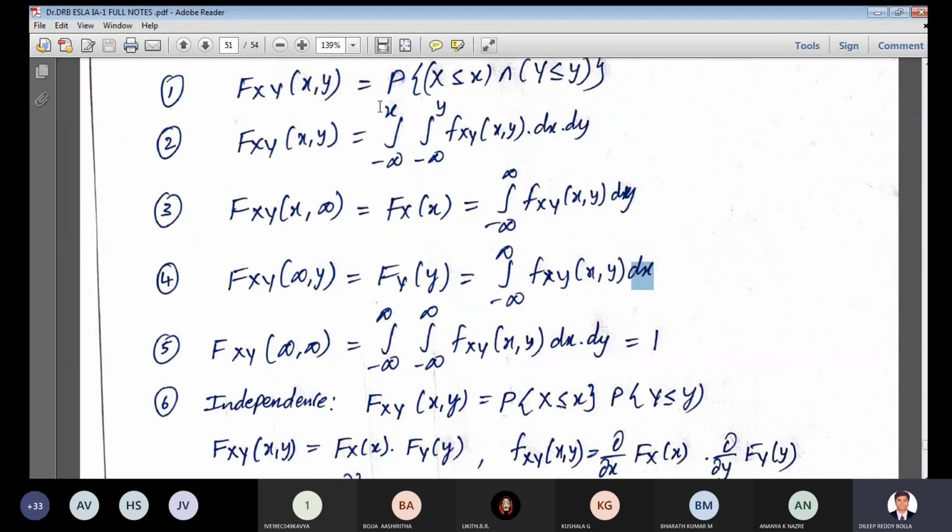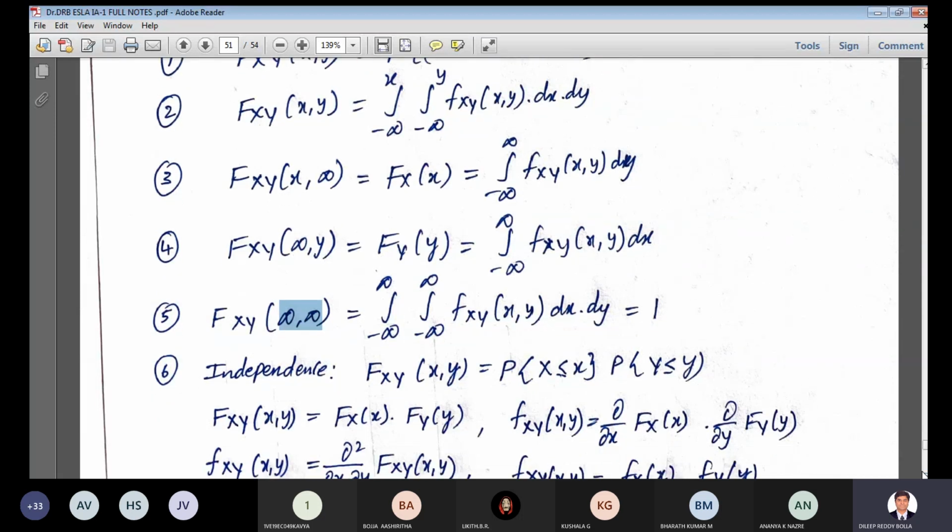Okay, and now both are infinite. Then the limit is the same thing here. Replace this x by infinity. Here you can see the same formula, where x and y are infinite, so replace them by infinity here. It becomes minus infinity to infinity, minus infinity to infinity, same formula, and that value will be equal to 1.